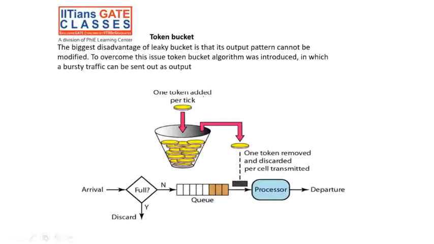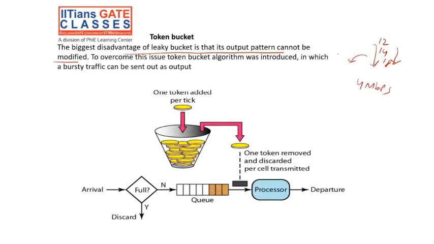Now, this is the leaky bucket technique. From the example, you can understand it. There is a disadvantage with the leaky bucket. The biggest disadvantage is that the output pattern cannot be modified. Your output rate is always fixed. So let's say the output rate is 4 Mbps and your input rate is 12, then 14, then 18. There is a good chance of loss of data, loss of packets, because the queue is filled, so packets will be discarded. But we need to handle this dynamically so that packet loss is minimized.